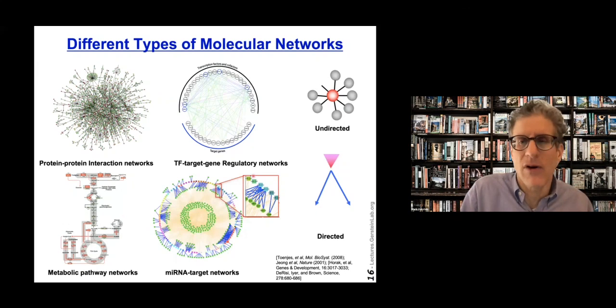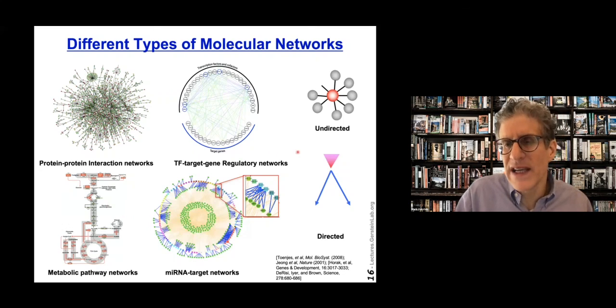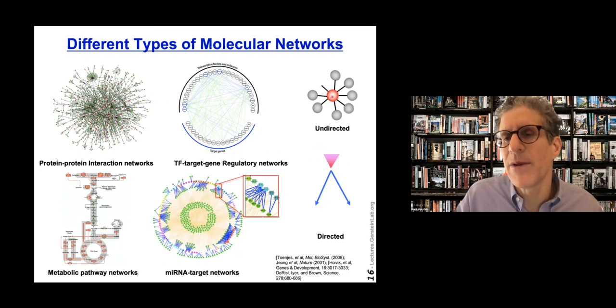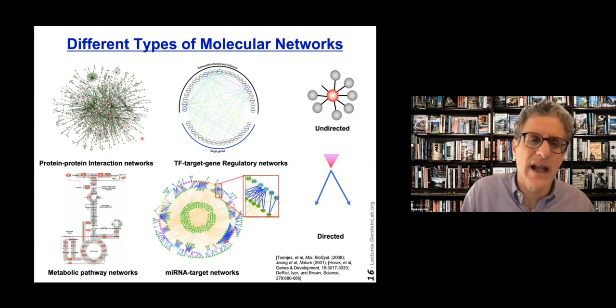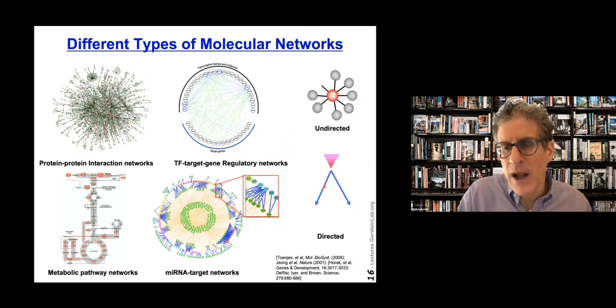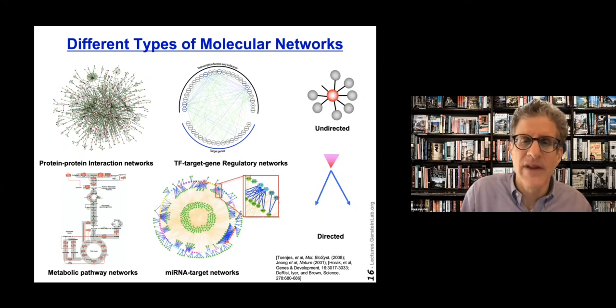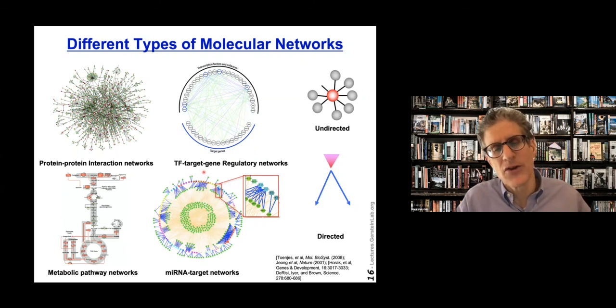There's a picture again of all our different types of networks. And one of the key aspects of these networks is that some of them are what's called undirected networks, where we just have things connected, like for instance, the protein-protein interaction network. Other networks are what's called directed networks. For instance, in the transcriptional regulatory network, we have the notion of one thing regulating something else. Okay,